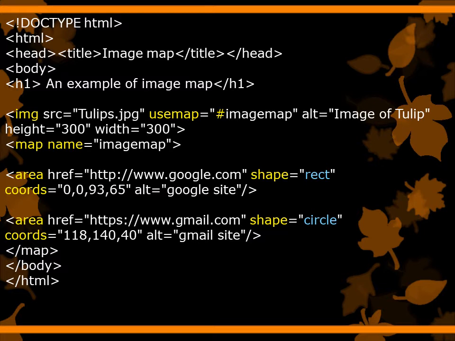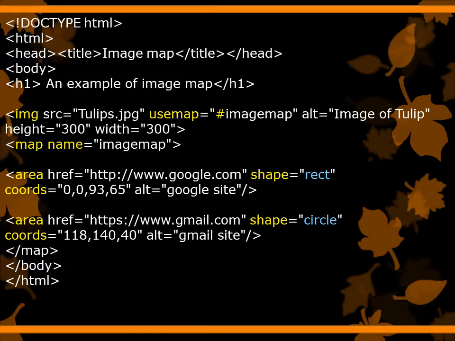Then second is the usemap attribute. As you know, here we are using client side image mapping, and client side image mapping consists of the usemap attribute. So usemap equal to hash imagemap. Imagemap is the value of the usemap attribute, and it starts with the hash symbol.